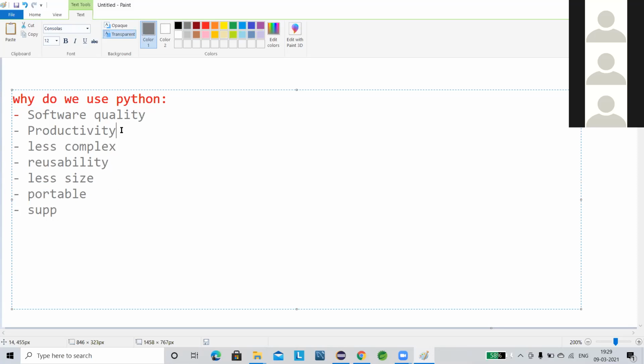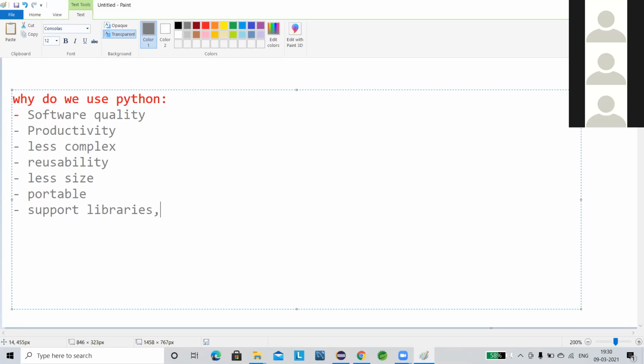Productivity is also there, but in Python it is a little more. It is a little less complex than Java, but the main thing is the support libraries. This is why the industry is taking up Python. Python has a lot of library support and a huge community. If some functionality is needed, you will find there is a package to install.